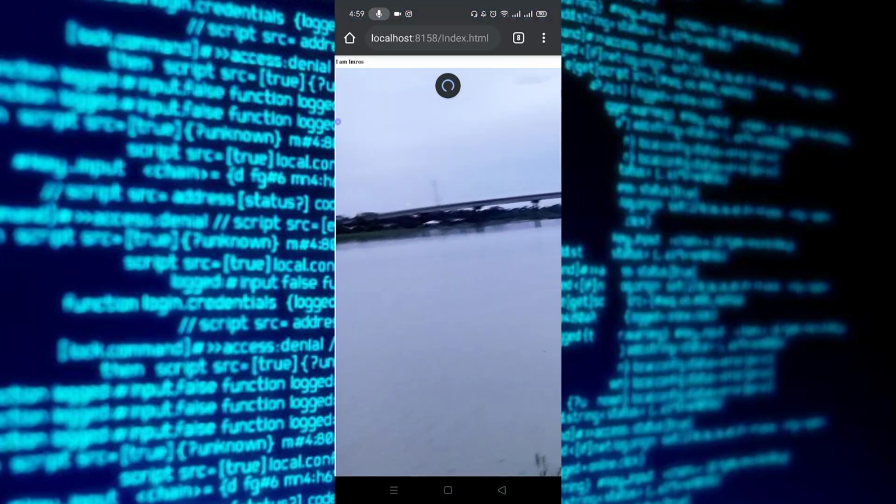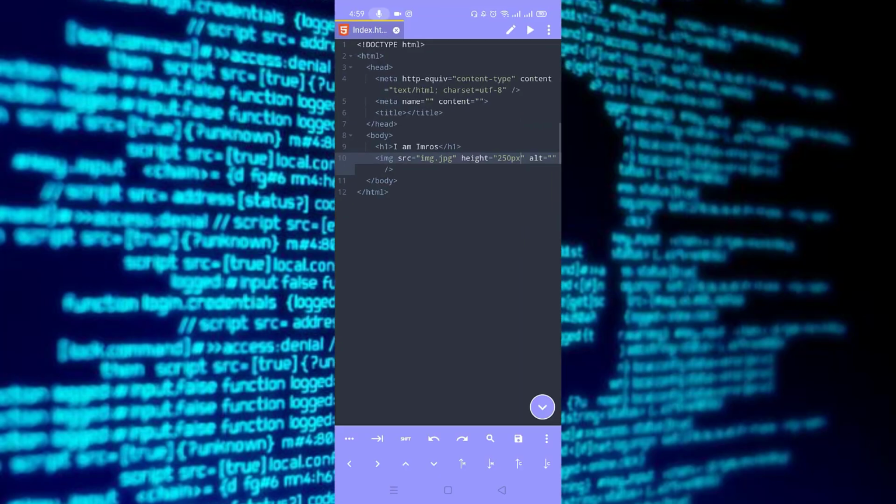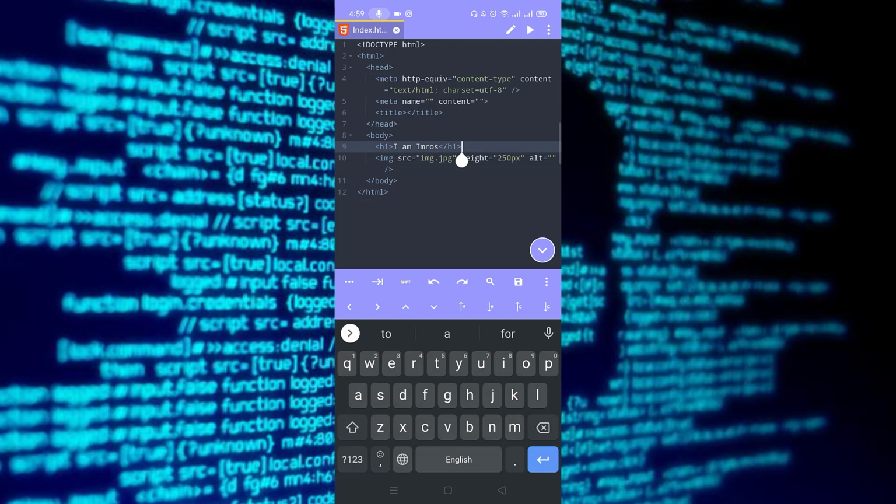Now if I reload this page, okay, now it's okay. The size has been decreased. So this is how easy it is. Again, I guess it will give you some more extra features if you keep working on this app.